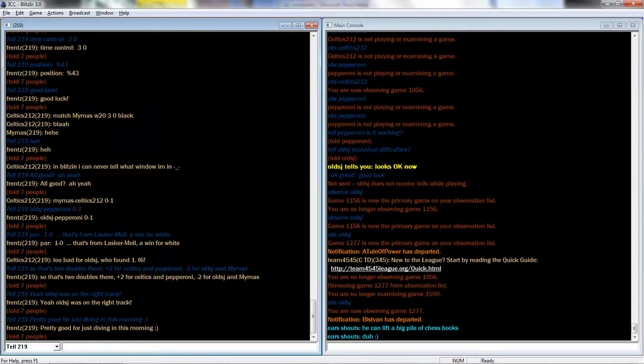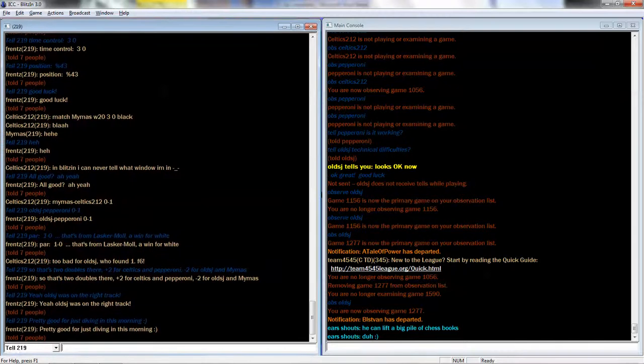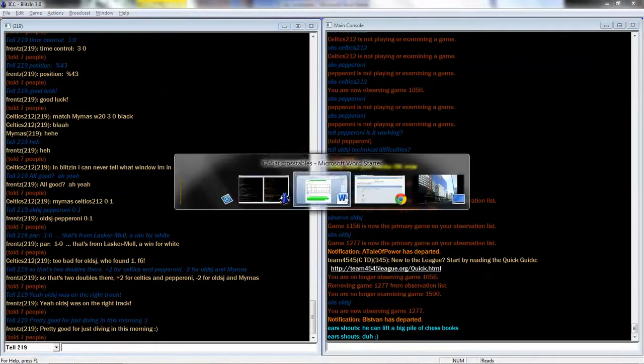Yeah, sorry, that's a round 3 action, and you can see here we've got our channel 219. That's the window on the left. Discussing the pars and stuff. Okay, so let me turn that off,